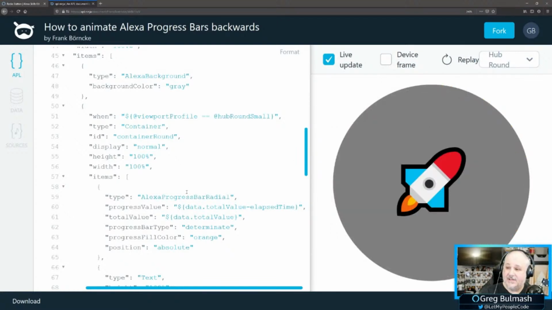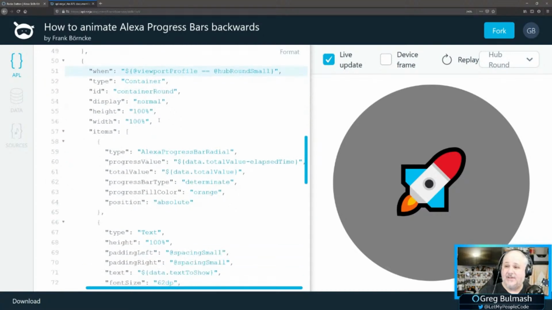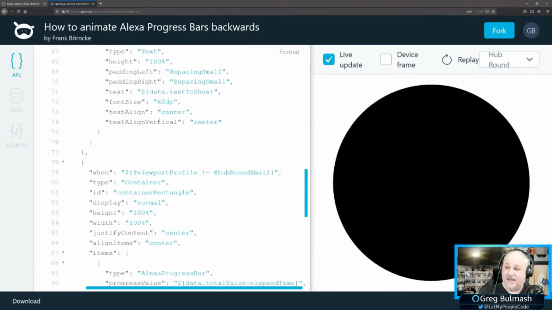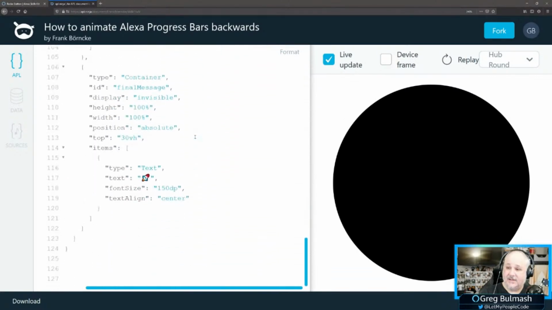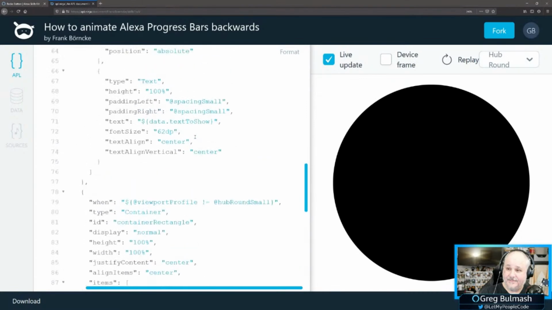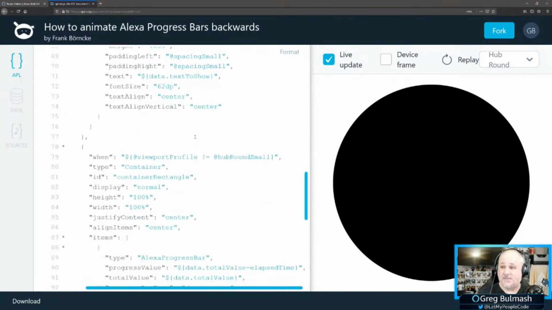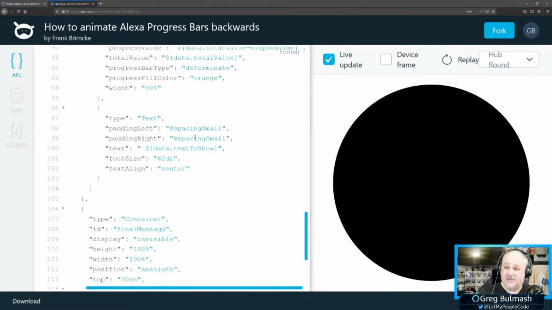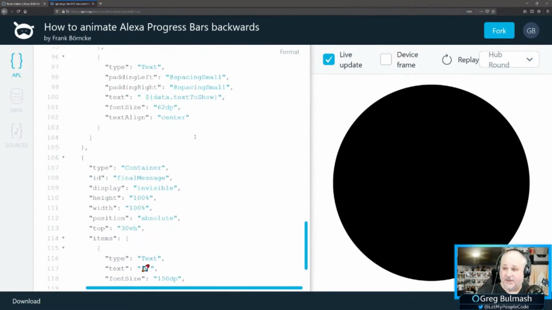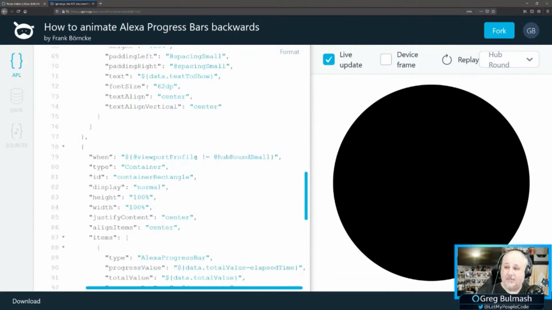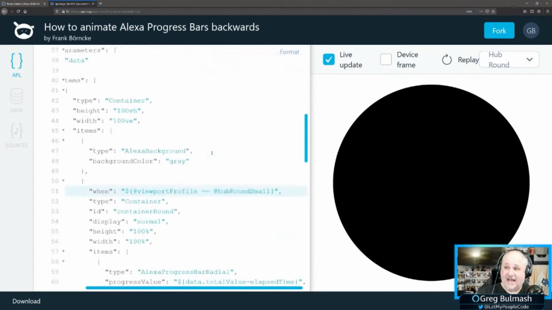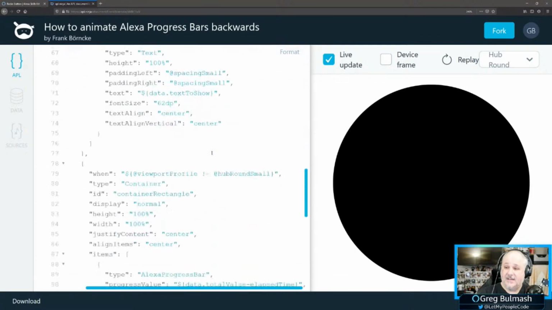And this is interesting because all he's having to do is use when viewport profile equals hub round small and changes a few things. But when it's not hub round small, he's doing a rectangular view. So that's pretty cool. He's only made two different designs, one for the rectangular view, one for the circular view, and just simply with viewport profile is or is not hub round small, setting this up.